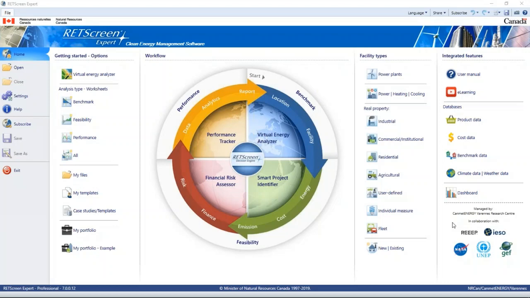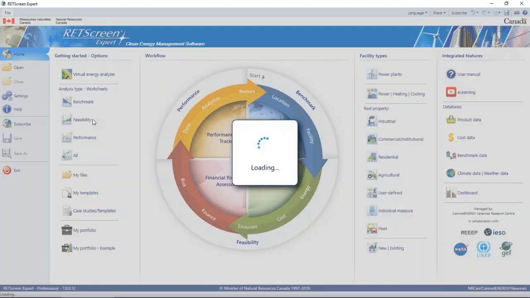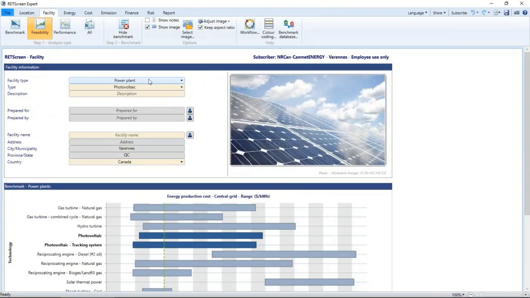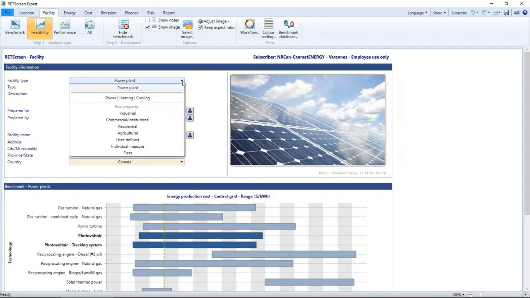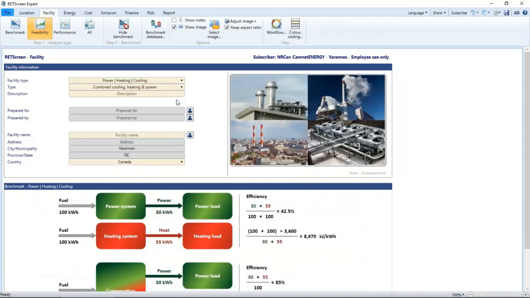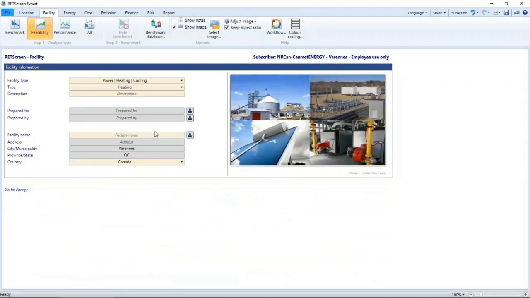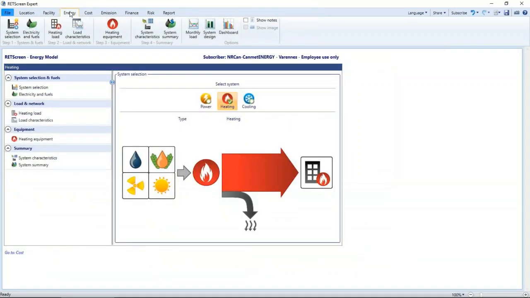In order to start a heating-only feasibility analysis with RETScreen, the user could click on Feasibility Analysis in the home page. Then, in the facility sheet, Power, Heating, Cooling could be selected as a facility type and Heating for type. In the energy sheet, the components shown in the ribbon and left menu will be limited to heating only and